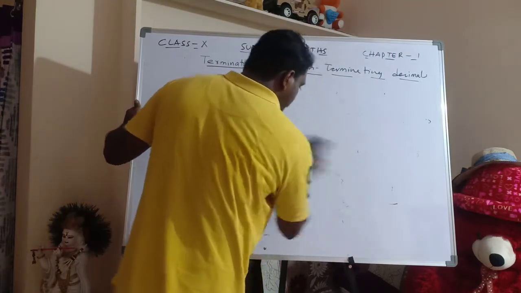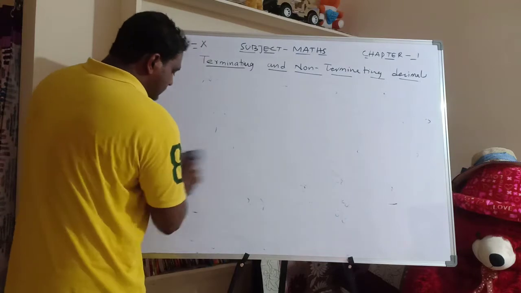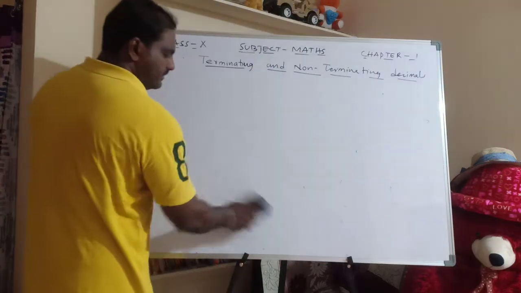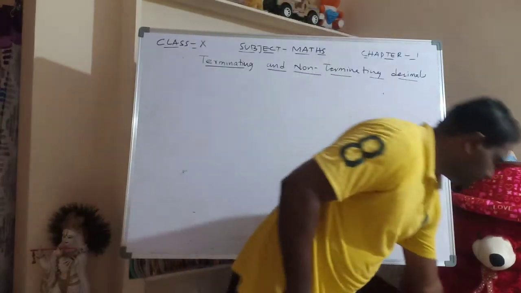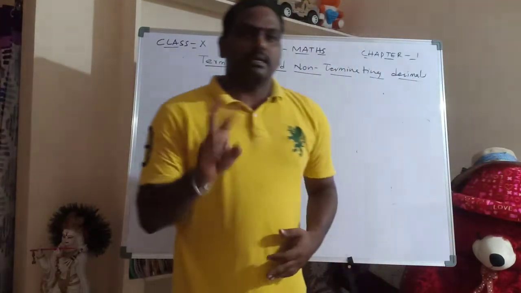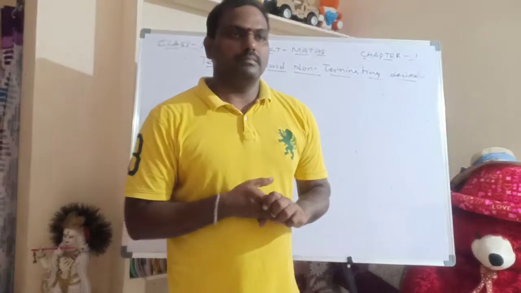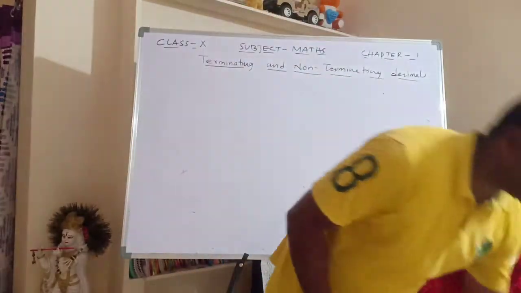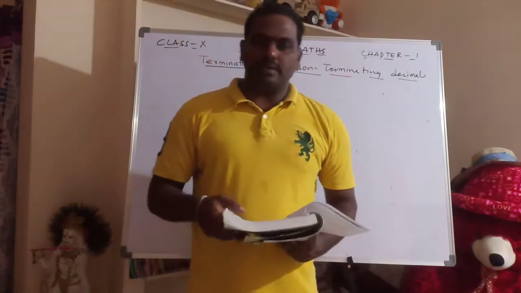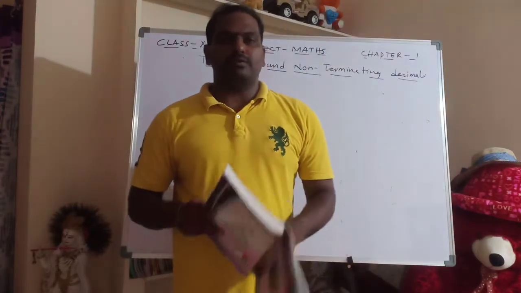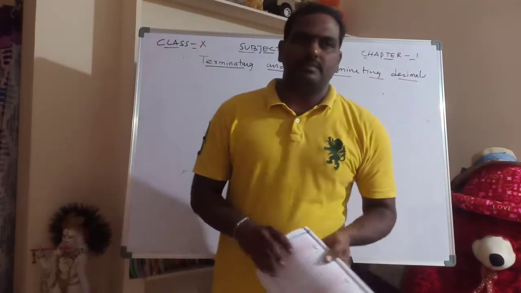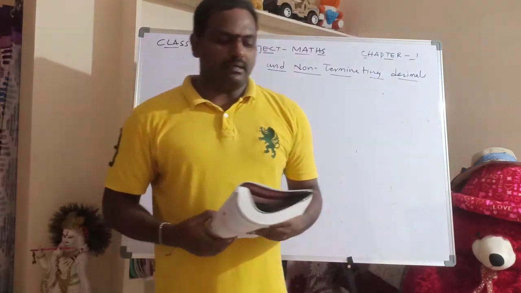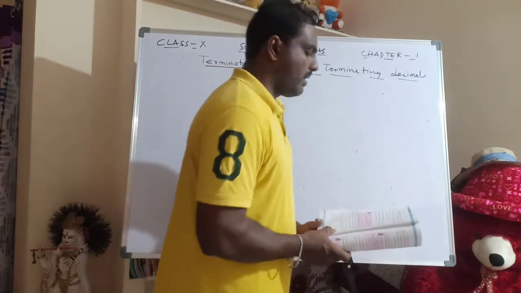For that, we have to learn 3 theorems. First theorem is in one way, second theorem is in a second way. Combining the first and second theorems, we will get a conclusion in the third way. Right? So it's very simple. No need to get confused. Of course, the statement may look very big, but it's very simple to understand. The theorem is on page number 10, theorem 1.3.